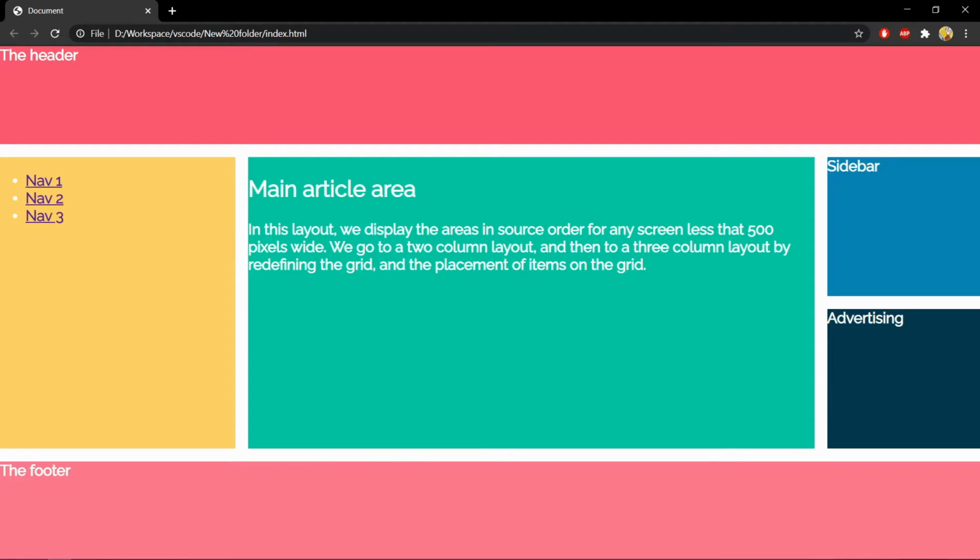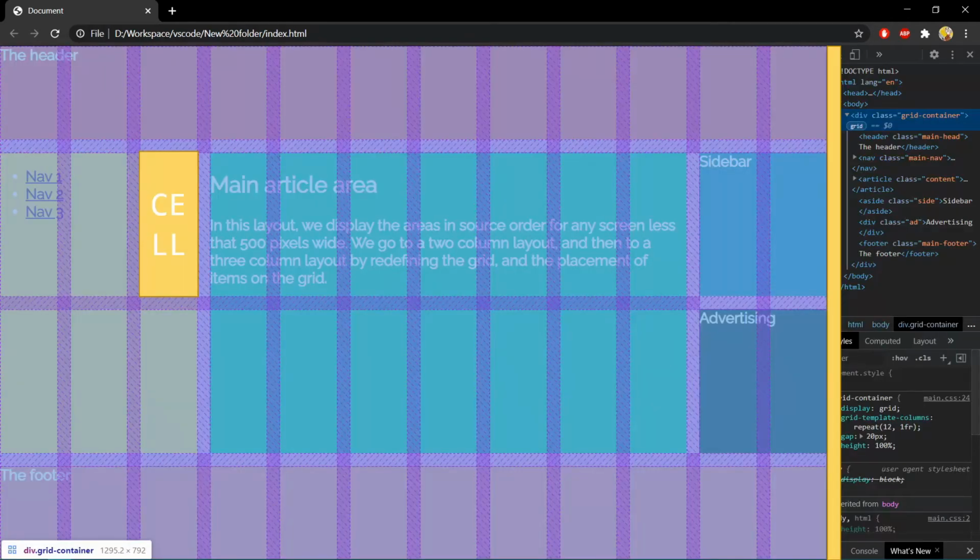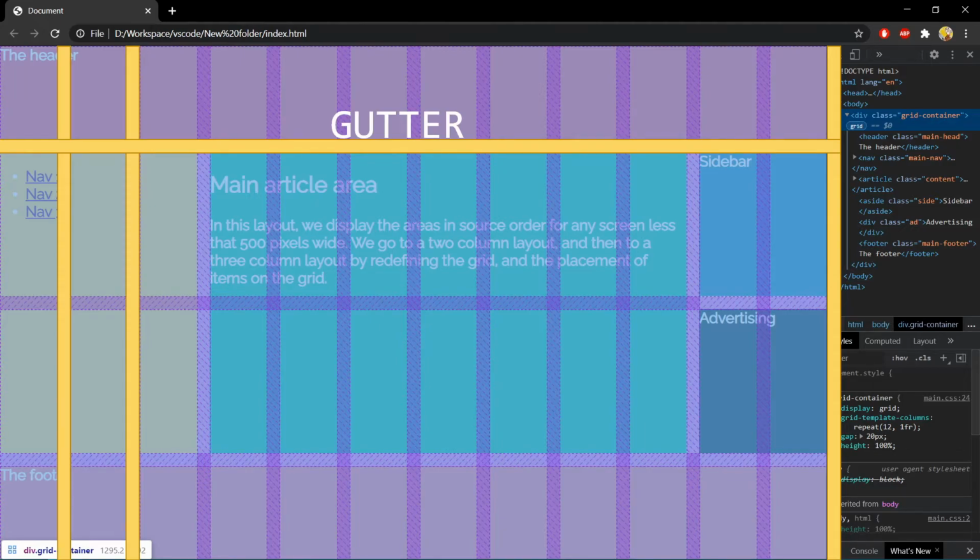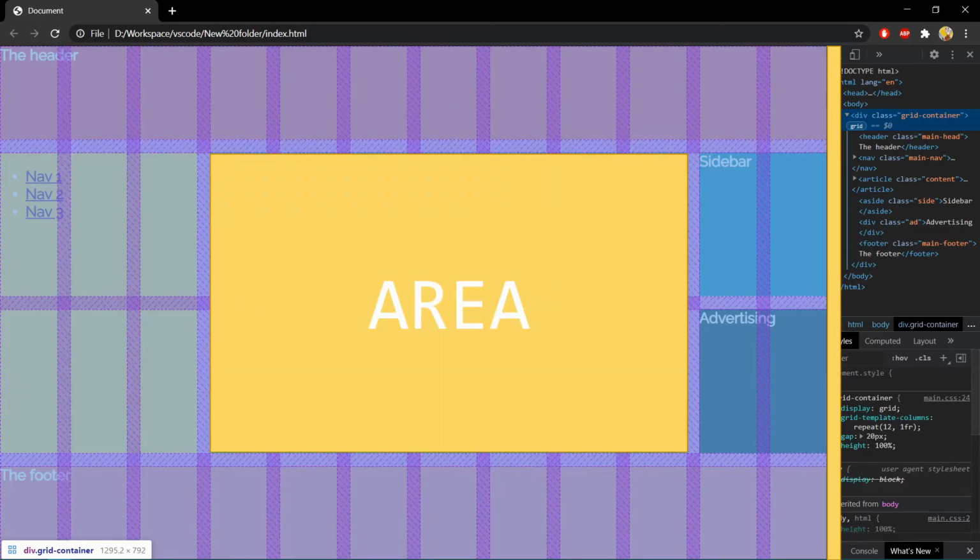If we want to explicitly put items in this layout, then we have to understand a few concepts. Let's get started by adding a 12 column grid system. A grid cell is the smallest unit of a grid. Conceptually, it is like a table cell. The gap between grid cells is called gutters or alleys and can be created using column-gap and row-gap properties. An item can span one or more cells, both by rows or by columns, and this creates a grid area. A grid area must be rectangular. It isn't possible to create an L-shaped grid area, for example.